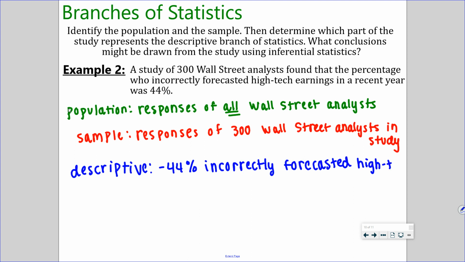Now the stock market, that's one crazy thing to try and predict. That's always changing, and it's very hard to